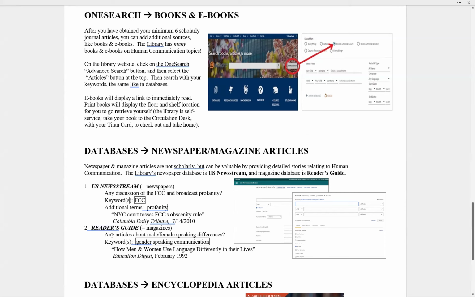See, I did the magazine search. Are there any articles on male, female speaking differences? So I typed in keywords, gender, speaking, and communication, and up pulled a whole bunch of articles. Here's one that came from a magazine called Education Digest. It's kind of old, but it's still good: How men and women use language differently in their lives. Okay, so there you go. That's how you can find